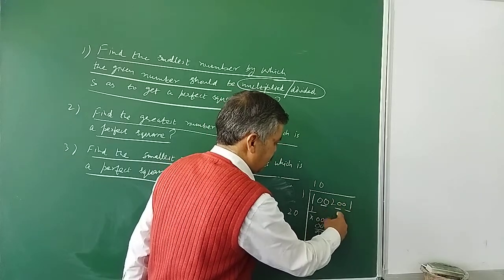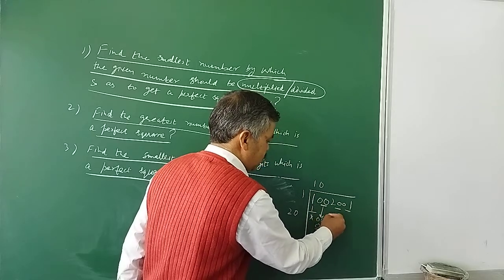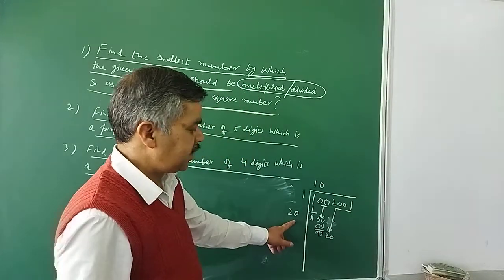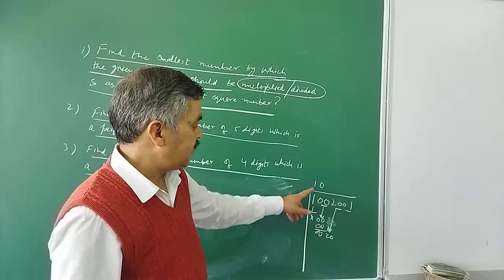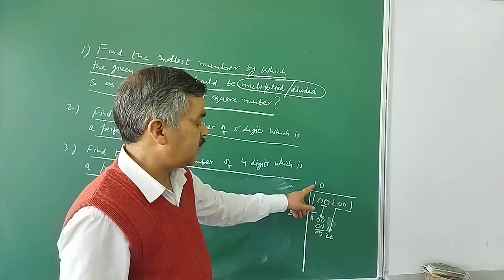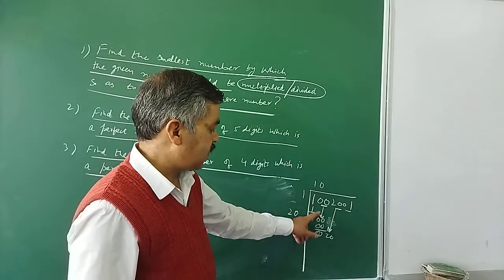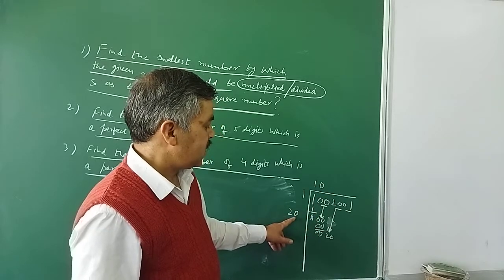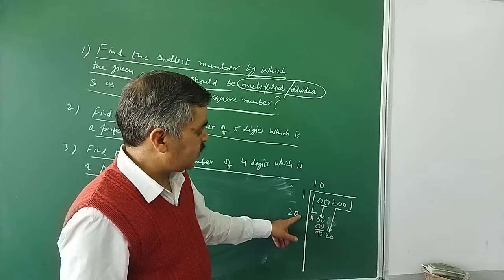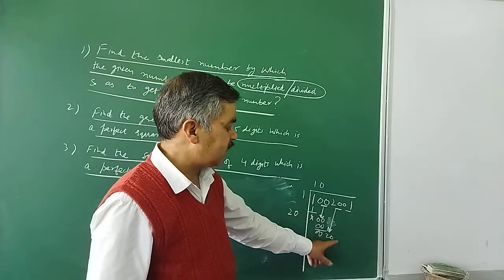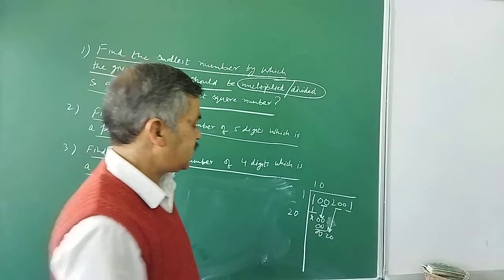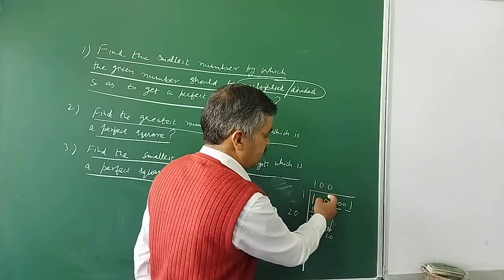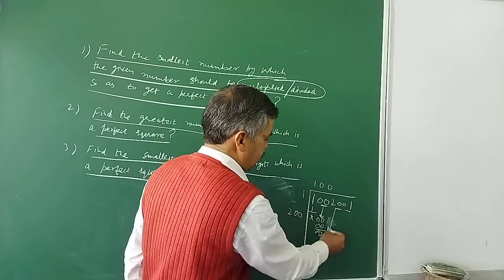But then the next turn is of 20. This is the first, this is the second, and this is the third step. So here I will be getting 20, but here already 20 is there. 1, 2s are 2. I have to make double of this 1, 2, and zeros for this pair of zeros. Now it becomes 20. If I put 1 with this 20, that will make it 201, which is greater than 20. So it means this number is less. For that, as you were doing in division, you need to put 1 0 there and 1 0 here.